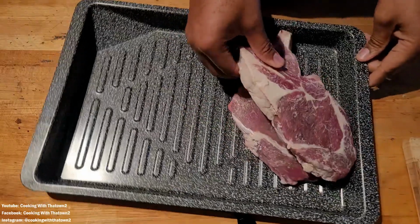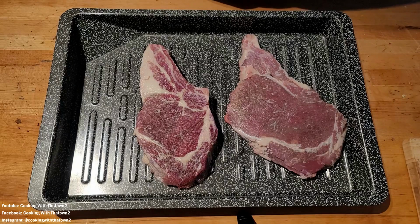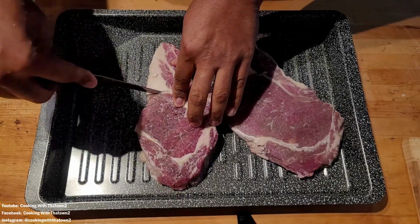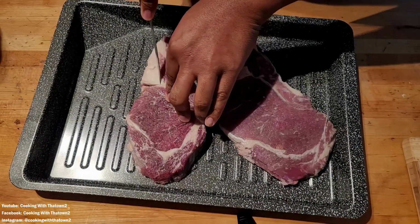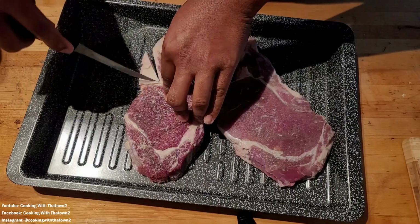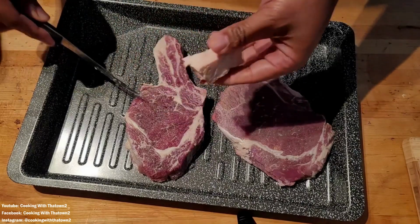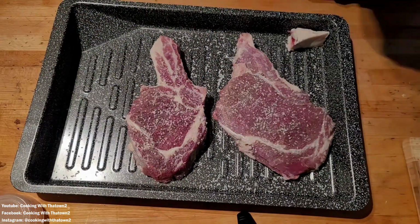Alright guys, to start off this recipe, we have our ribeye steaks. These two steaks are almost a half inch thick. We took a paring knife and cut off this little triangle shaped piece of fat that's near the bottom half of where the bone is. We're going to keep it. We're not going to throw it away. We're going to use that to cook the steak and get some of that flavor out of the fat